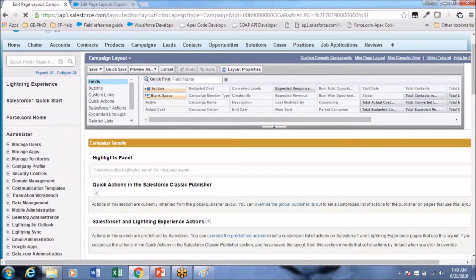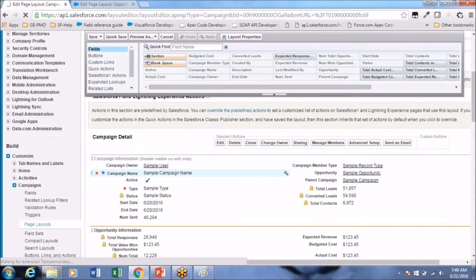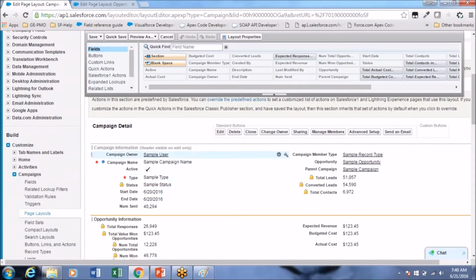Here I am stressing that the profile controls the layout view. I assign this layout to a particular profile. So the users under that profile, whenever they log in, will see this view of the record.